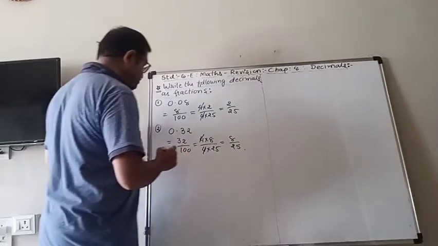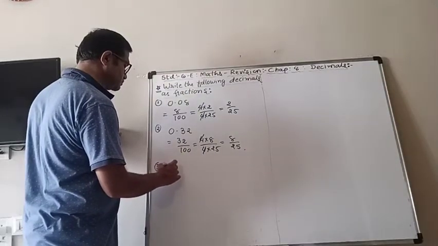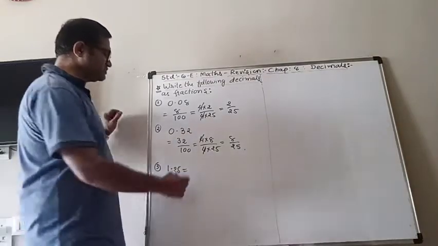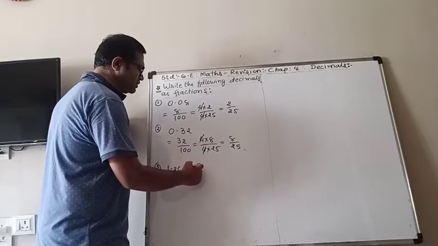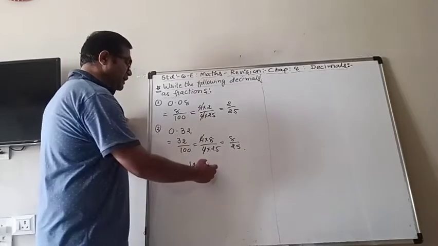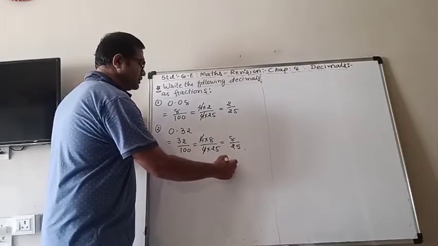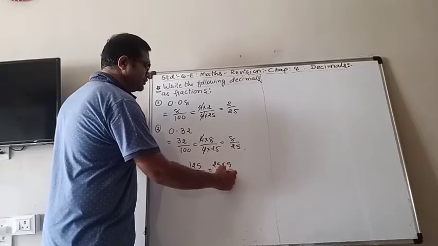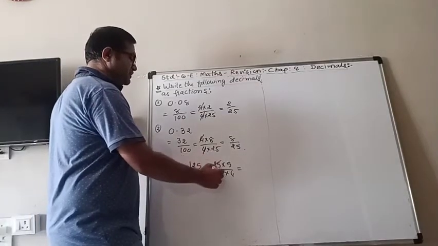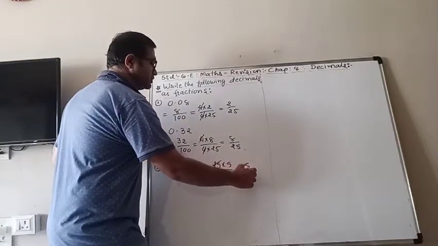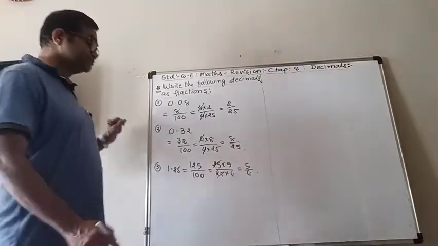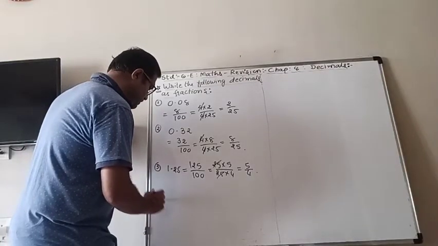Third is 1.25. Here also there are two decimal places. If you take out the decimal point, you get 125 upon 100. Now 25 5s are 125, 25 4s are 100. So cancelling the same factors, it can be converted as 5 upon 4 as a fraction. Let's take another one,